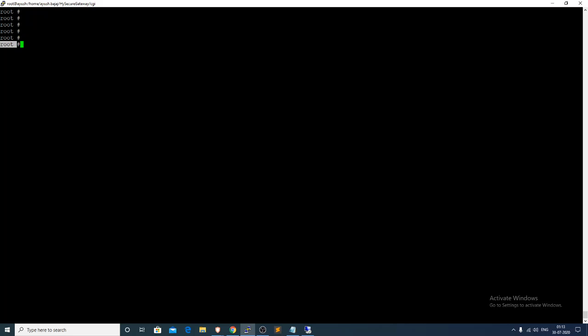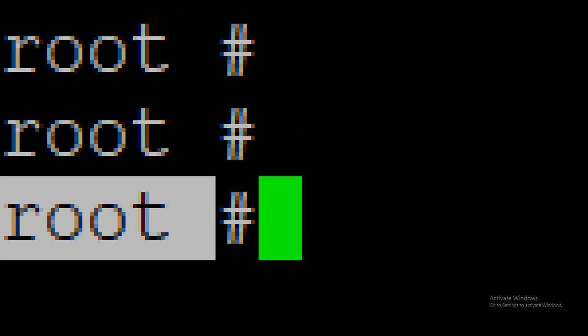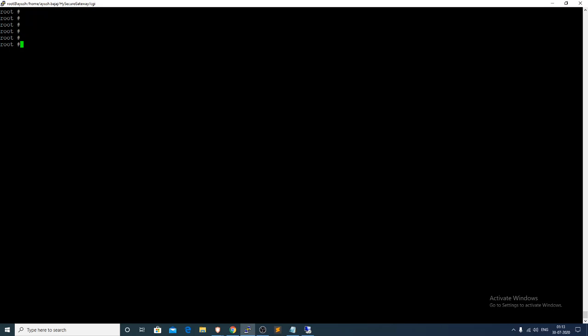Okay, so I'm going to zoom it for you. So the command prompt looks like this right now for me. It is saying root space hashtag, and that's it. So here I can type in any command that I want. Let's say I want to check the present working directory, so I'm going to type pwd. Let's say I want to change to the home directory, so I'm going to type the cd command, obviously. And I can do any command here basically, right?